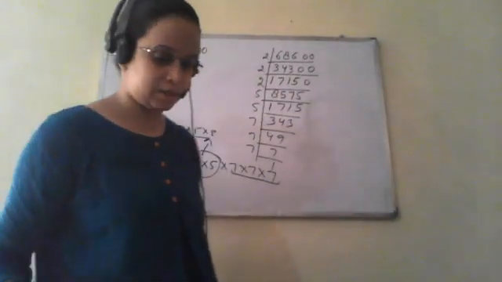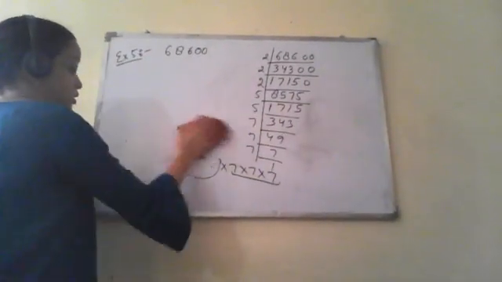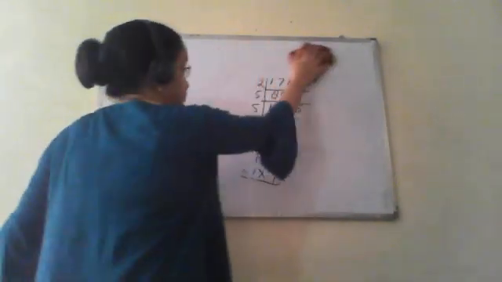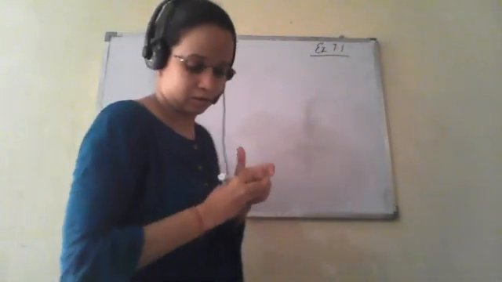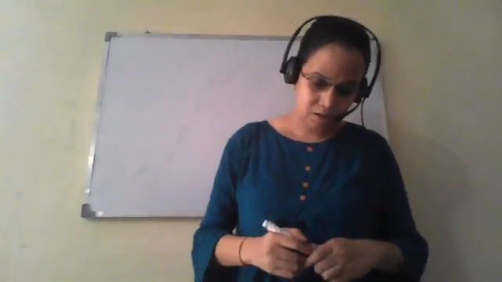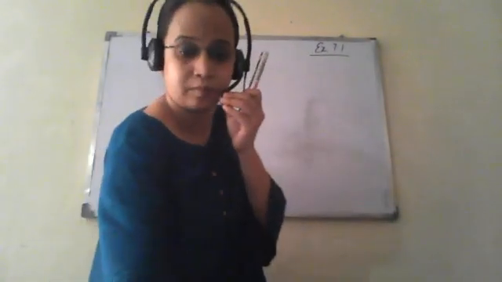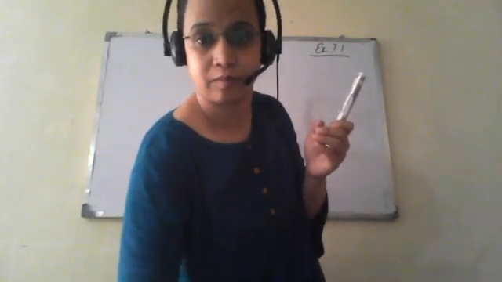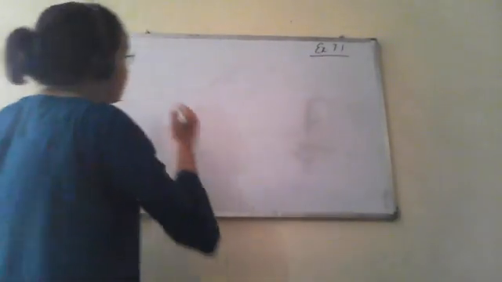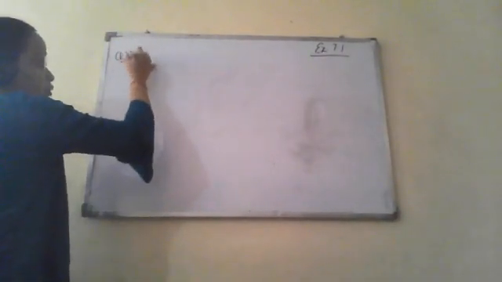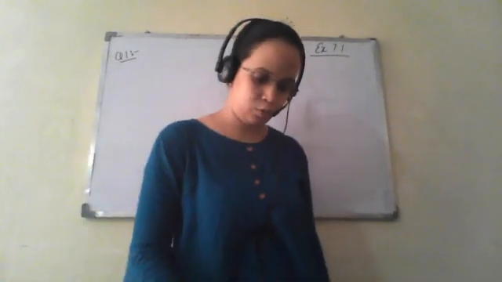So we'll start with exercise 7.1. Okay, exercise 7.1, question number 1. You have to find whether the following numbers are perfect cubes or not. So first is